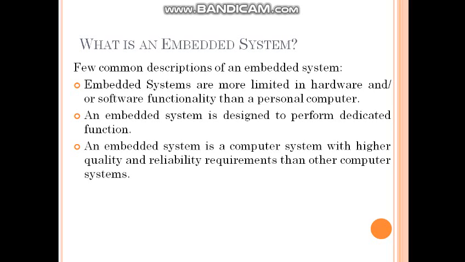That is one point. Another point is that an embedded system is designed to perform a dedicated function. Dedicated function means, if you discuss the embedded system of a washing machine, it will only perform the function of a washing machine, only to wash the clothes, not to give heat, not to cool the room.